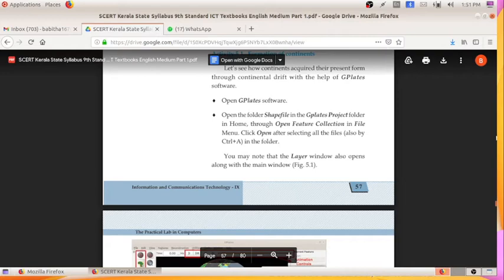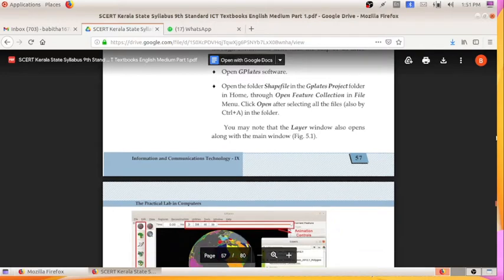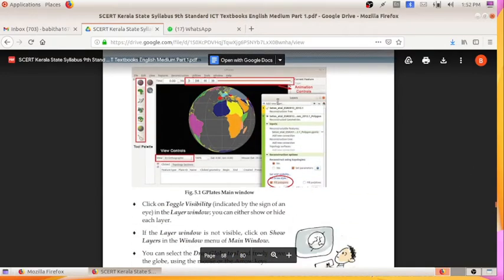After opening the Gplates software, we can see the layers from the shape file. In the Gplates project we have to go to the File menu, take the option Open Feature Collection, and from there select the shape file, which is placed in our school resource folder in the Gplates project. After that we have to open the project, so we can see the layers like this.